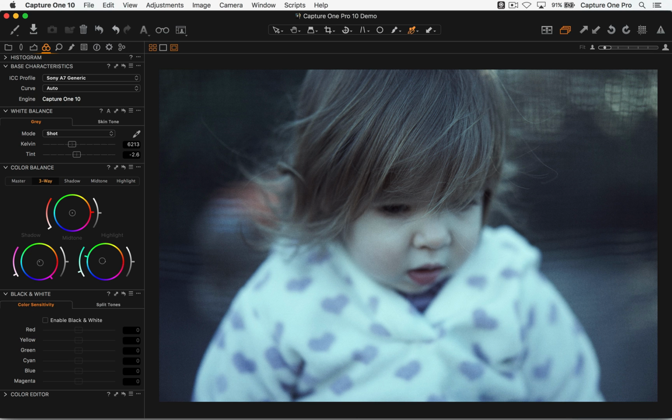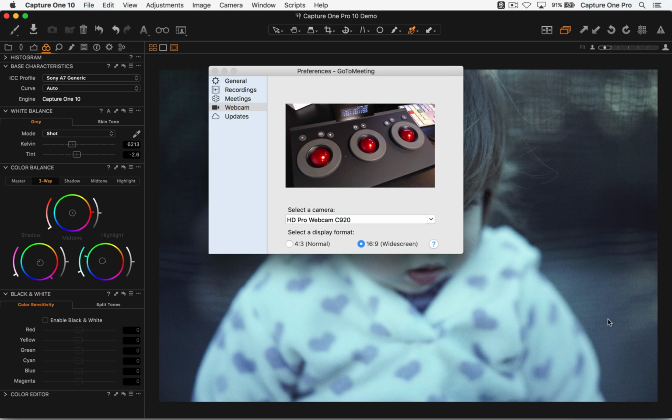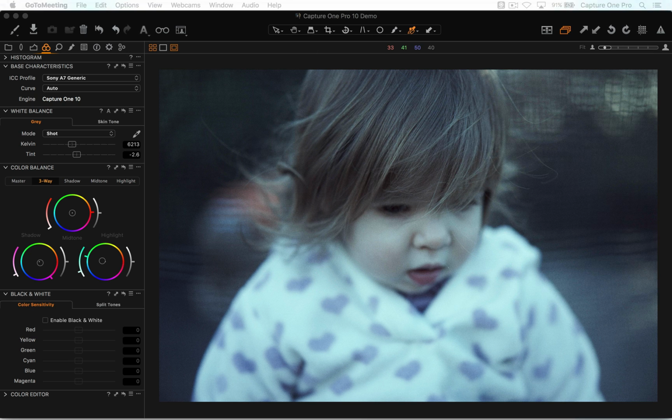So hopefully, let's just bring up my webcam. So you should be able to see one of the panels here right now. This is the element panel, and you can probably guess exactly how that works, I would think, because we have the 3 balls or tracker balls like so: shadows, midtones, and highlights, as you can imagine.